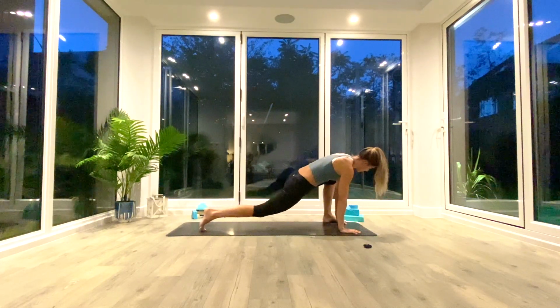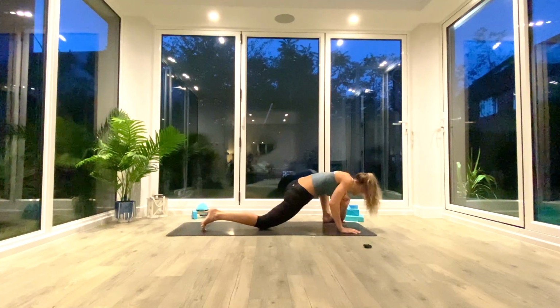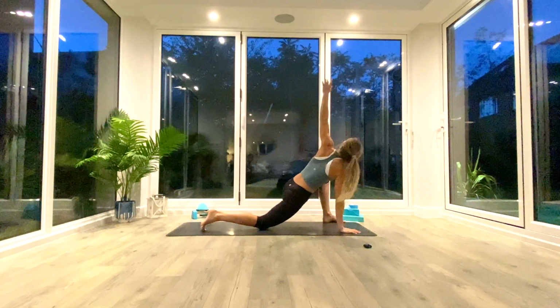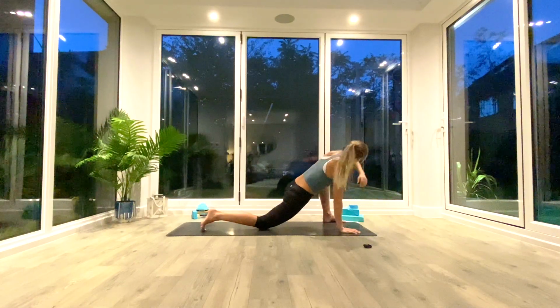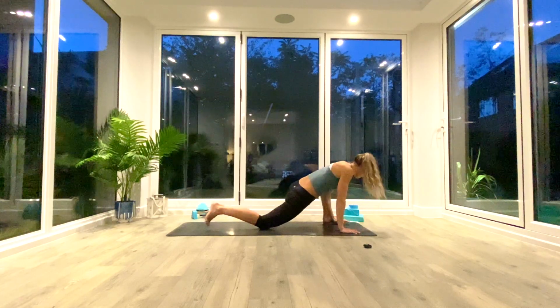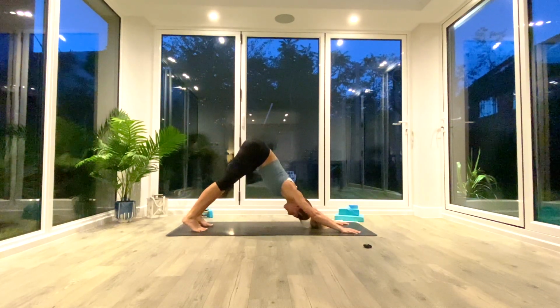So left foot comes through, back knee comes to the floor, inhale to lift and twist, exhale, elbow to the floor. Try and keep those toes glued to the floor as you do this on that front foot. If you can't touch the floor with your elbow, don't worry. Just give it time, keep practicing, last one. Replace the hand, step back to down facing dog, pedal out the feet, and we're just going to inhale as